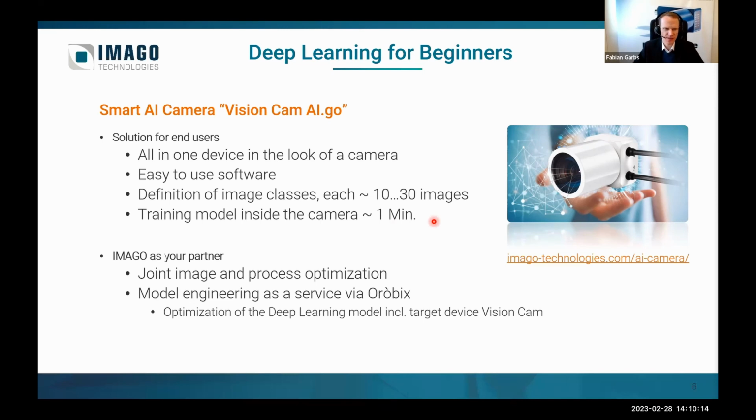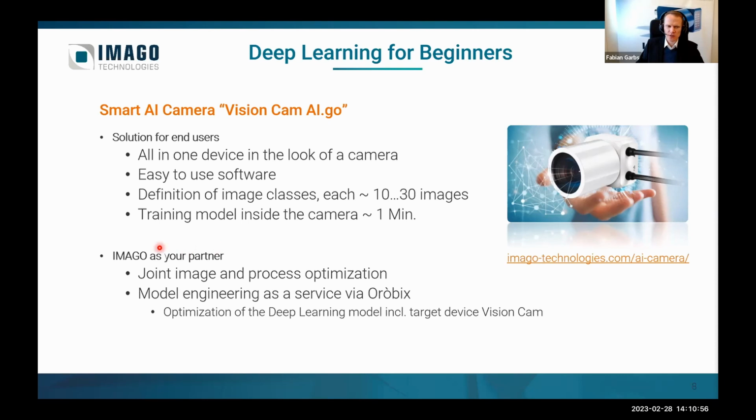The camera then can decide between different classes of objects. For example, the class could be red ball, green ball, blue ball, or a long one, a small one, a wide one, or for example, okay one or not okay one. So it can be any different classes you can imagine. And so this is the first step of having a machine, basically a smart camera, decide if an object which it sees directly in front of the camera is okay or not okay, for example.